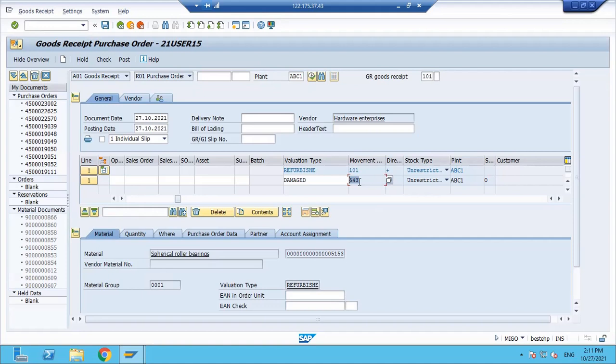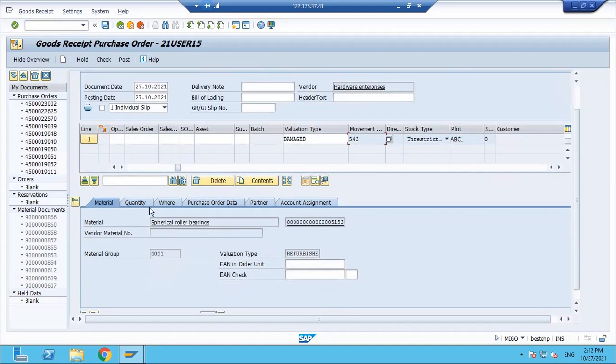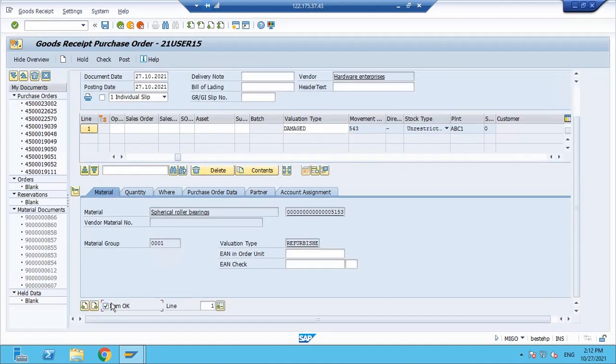This is very important. Even from an interview point of view, this is a very definite question in an interview to explain the external refurbishment process, so you must specify the proper movement types. Okay. Now click on item OK.